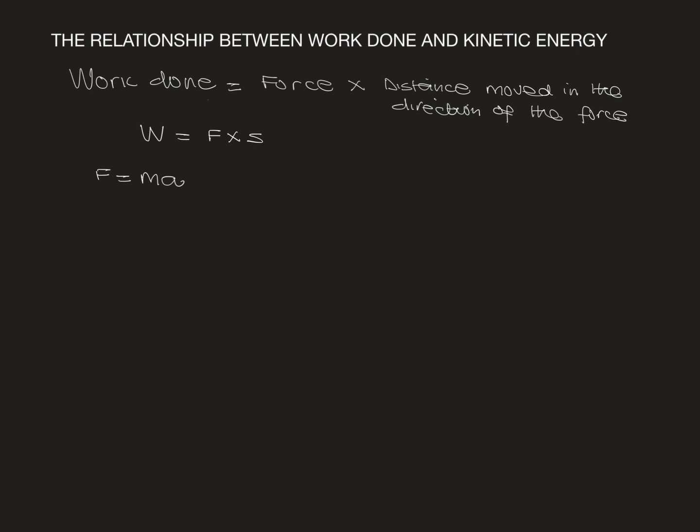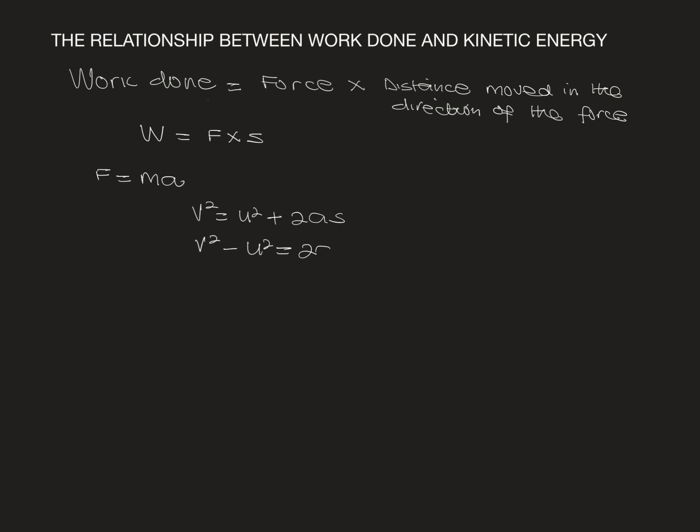From our studies on the equation of linear motion, if a body has a uniform acceleration and it has a change in velocities, we know that we have an equation: v squared is equal to u squared plus 2as. That is, the final velocity squared is equal to the initial velocity squared plus 2 multiplied by the acceleration multiplied by the distance. Then I can make S the subject of the formula by saying v squared minus u squared